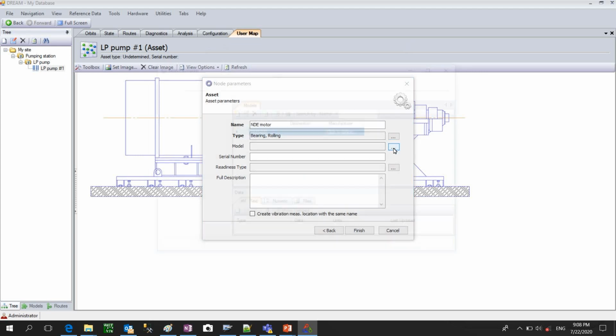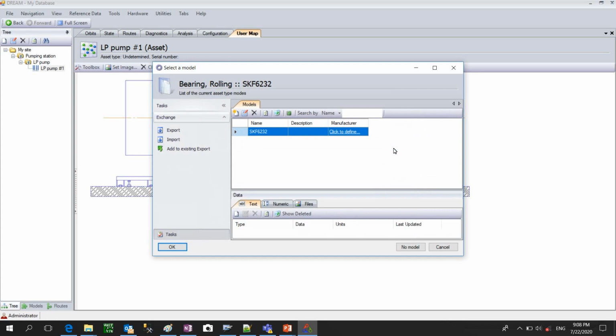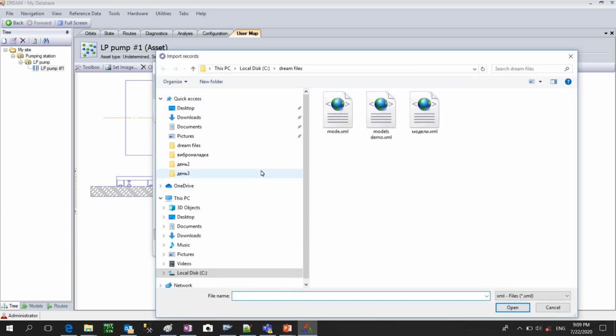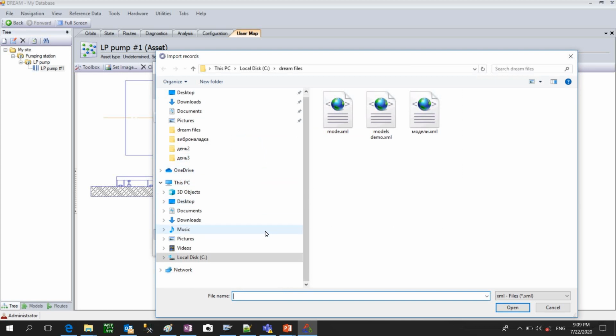Then we need to select a model. The model of the bearings will contain information about the sizes, and then we can calculate the bearing frequencies. And we can set up the measurement automatically, knowing the dimensions of the bearing and the parameters of the rotation speed. So for example, here we have only one bearing in our database, but if it is not the one that we would like to have, we can import the bearings from quite a big database